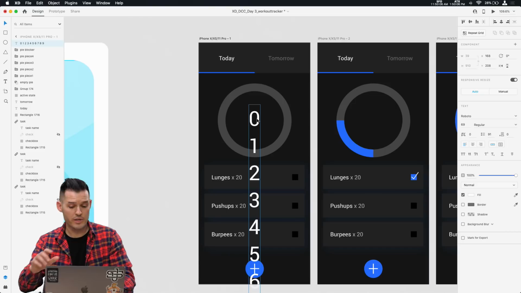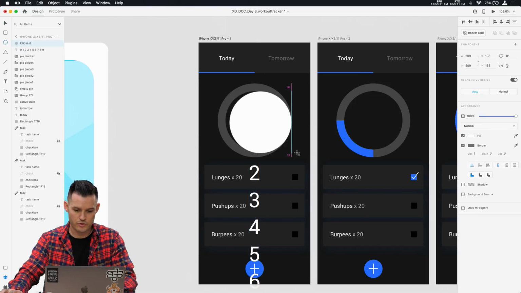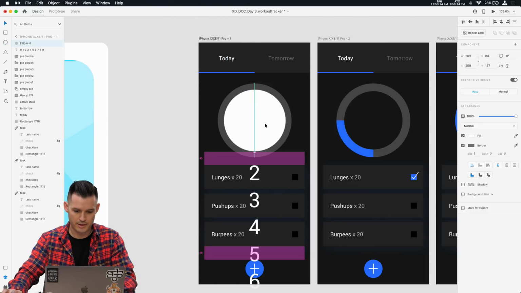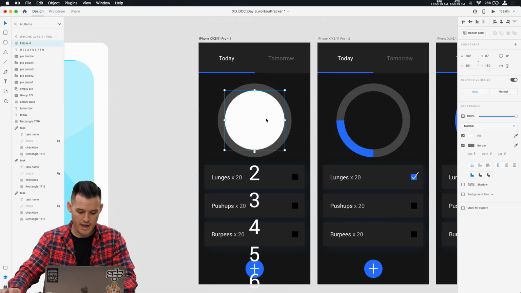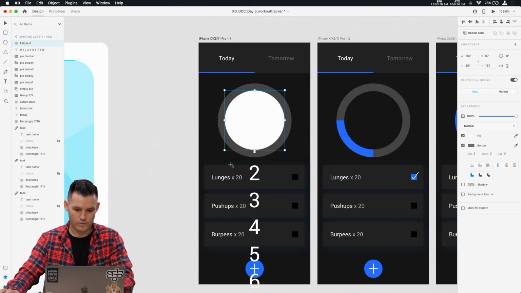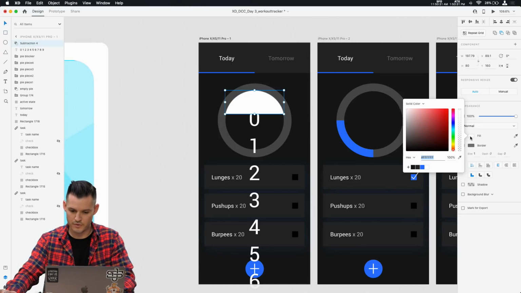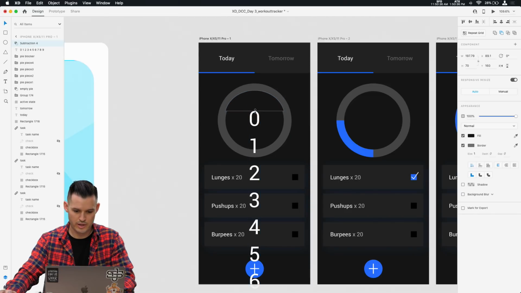And what we wanna do is we wanna create another ellipse that is going to block it a little bit like that. Okay, we're running out of time slowly but surely. And what I'm going to do is take a rectangle, and we just want to block it off and subtract it. Okay, let's fill this with the same color as the background, something like this. I could shrink it up just so that, again, this is going to be a little wonky, but you guys are going to be able to do a much better job than me.